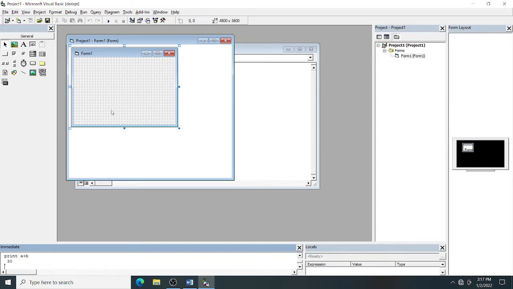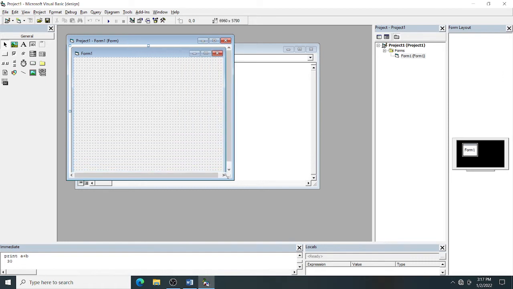Okay, so now this is your form designer window. You can drag it like this, you can make it like this, and here you can see this is your toolbox. It contains a number of tools on it. These are the controls. You have to bring them to the form. Each one is called a control, or each one is called an object. So what are the tools you can see on the toolbox? Each one is called your control.